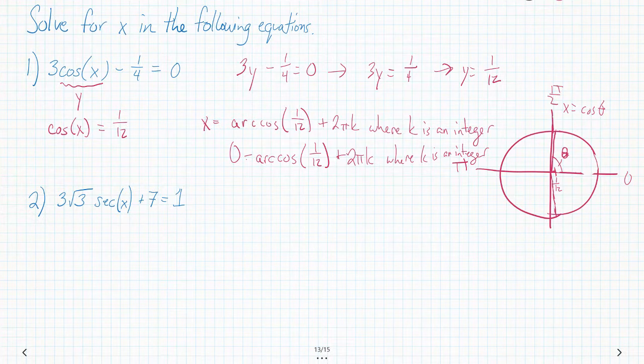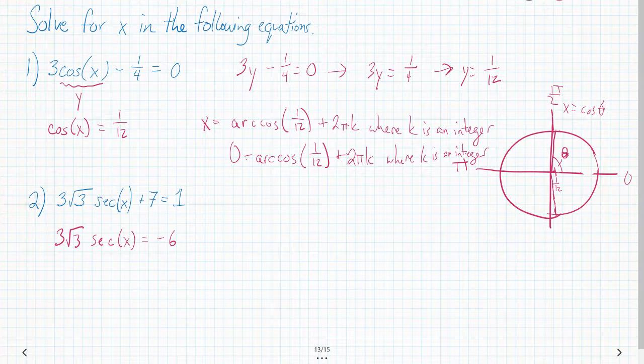Okay, in a similar manner, let's see if we can do this next one. So we have 3 root 3 secant of x plus 7 equals 1. You can do the y substitution, y equals secant of x, and work from there. If you want me to do that, I'm happy to. But just so you can see it a slightly different way, with 3 square root of 3 secant of x, I'll first subtract 7 from both sides, you get negative 6. And so then what do we get? From there we need to divide by 3 square root of 3, so you get secant of x